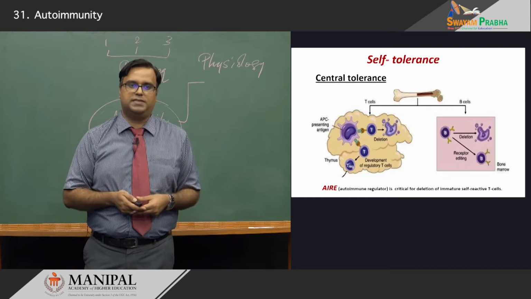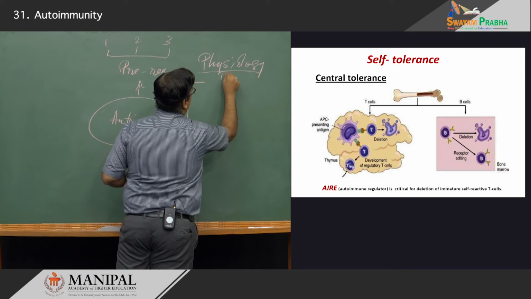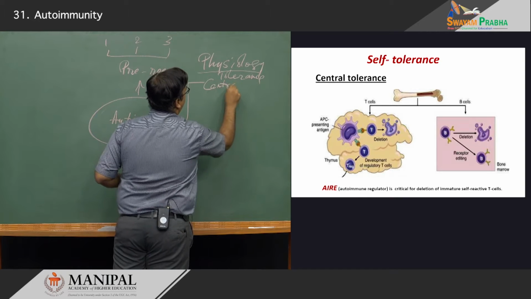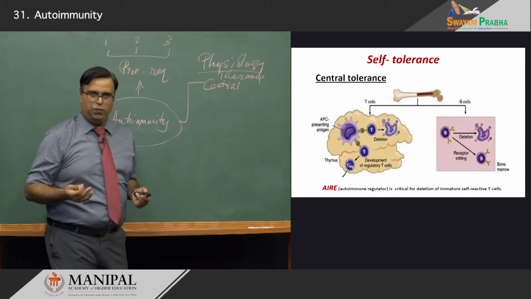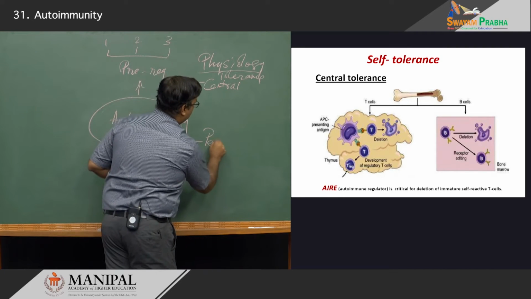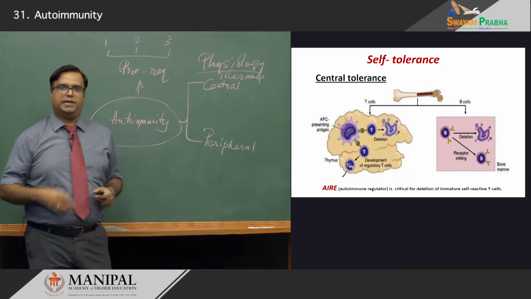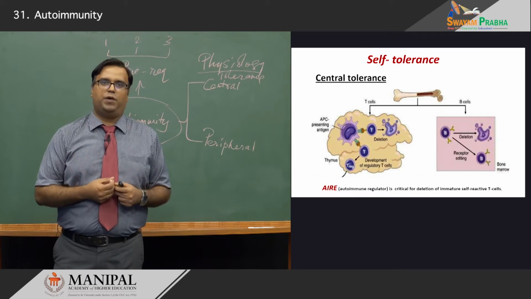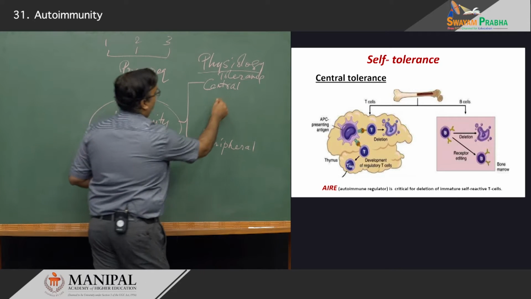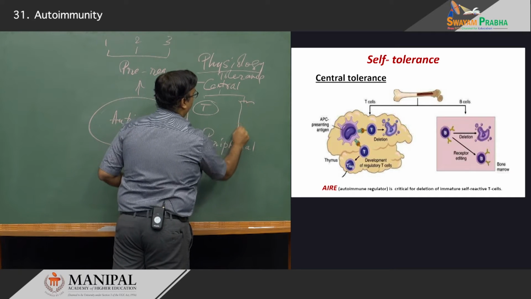This is called tolerance. Now, tolerance occurs in two important aspects. It happens in the central organs such as the thymus and in the bone marrow, where it is called central tolerance, and outside of that it occurs in other tissues where simply put it is called peripheral tolerance. So, central meaning developing in the central lymphoid organs and peripheral in the periphery. Now, as detailed earlier, the central lymphoid organs are the thymus and the bone marrow.